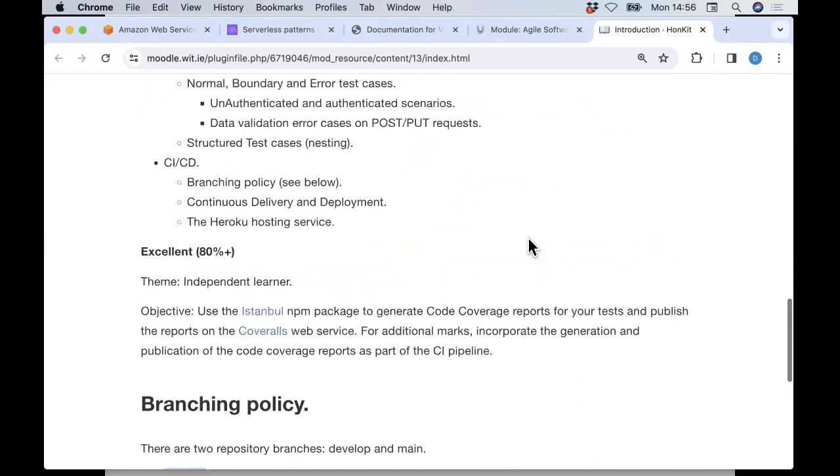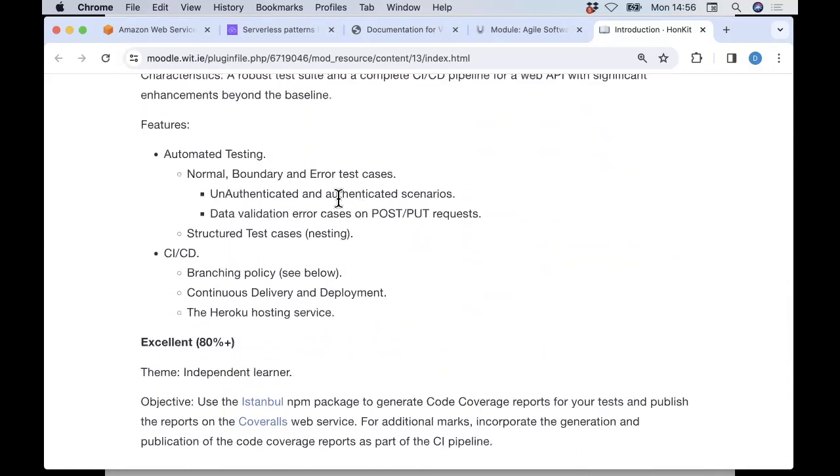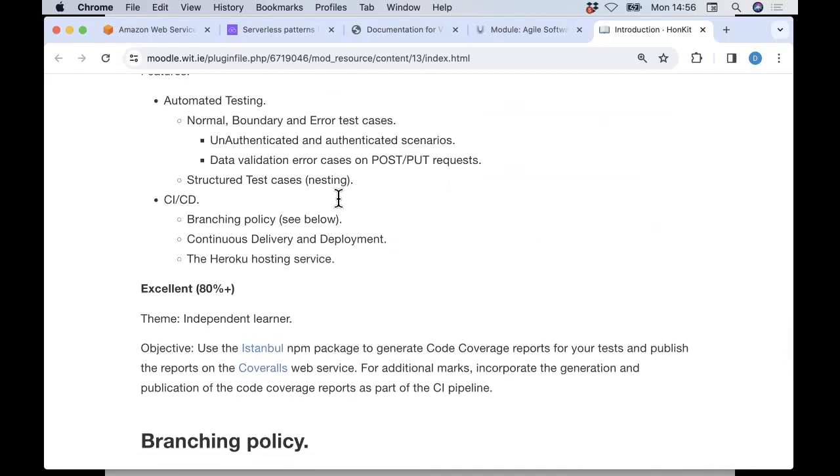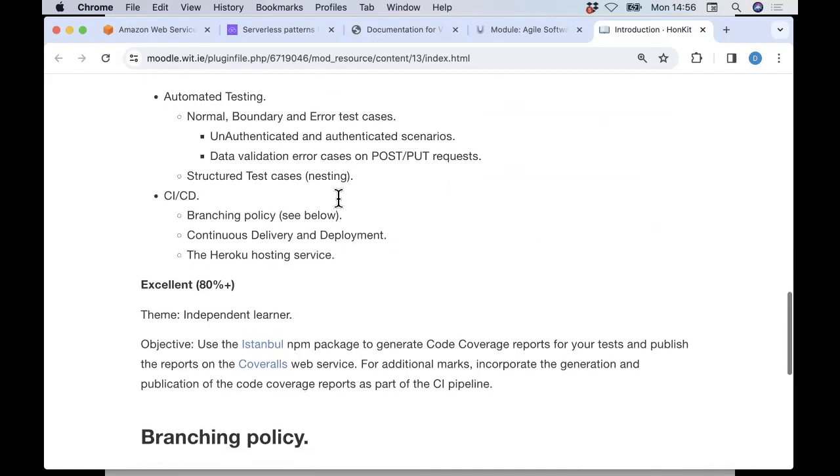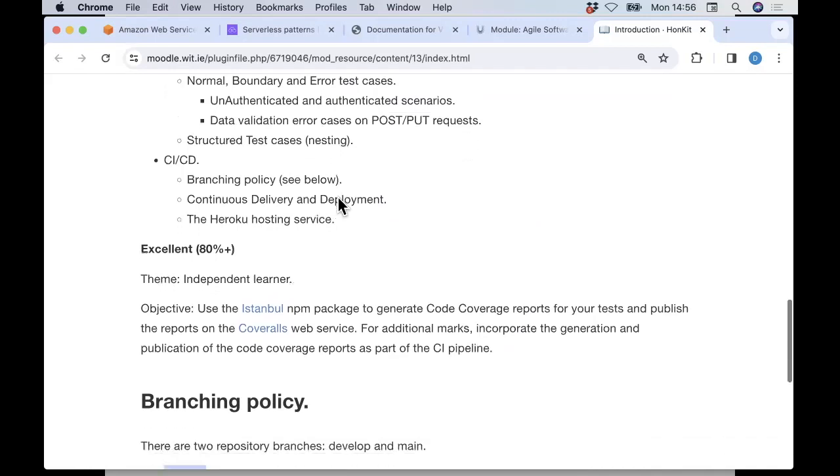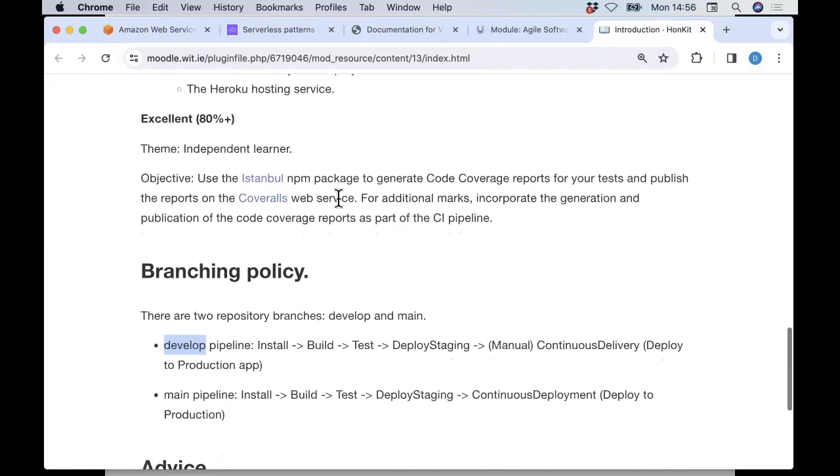Back to here. Right. The next grade band, 80 plus. I'm theming it as independent learning, so you're going to have to do some web searching to satisfy this. So I would have mentioned to you when I was talking about CI/CD, I would have talked about,